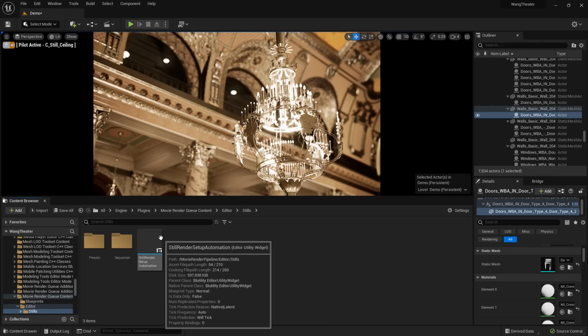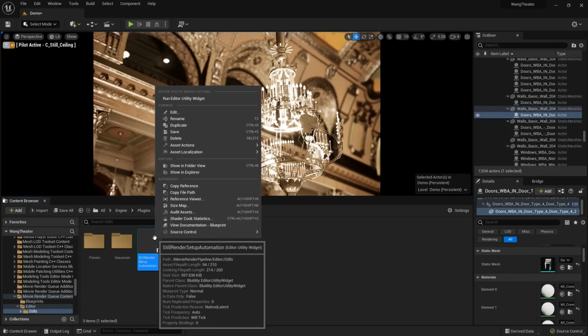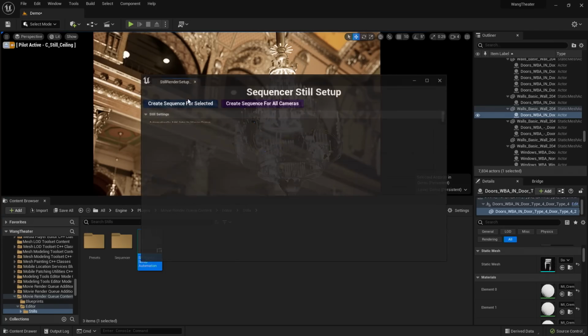However, we are still able to use that in order to produce a nice still image. So this tool I'm about to show you is essentially a shortcut for creating that inside of the Movie Render Queue without having to fully learn how the Movie Render Queue works. So in order to use this, I'm going to right-click this Still Render Setup Automation and select Run Editor Utility